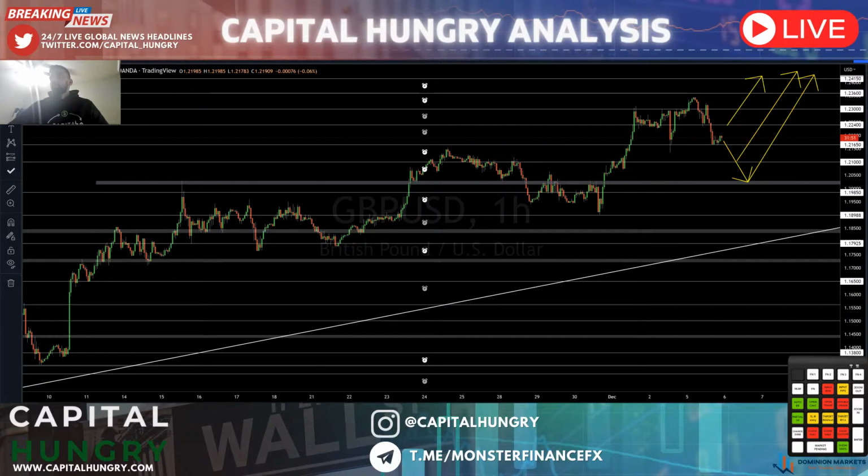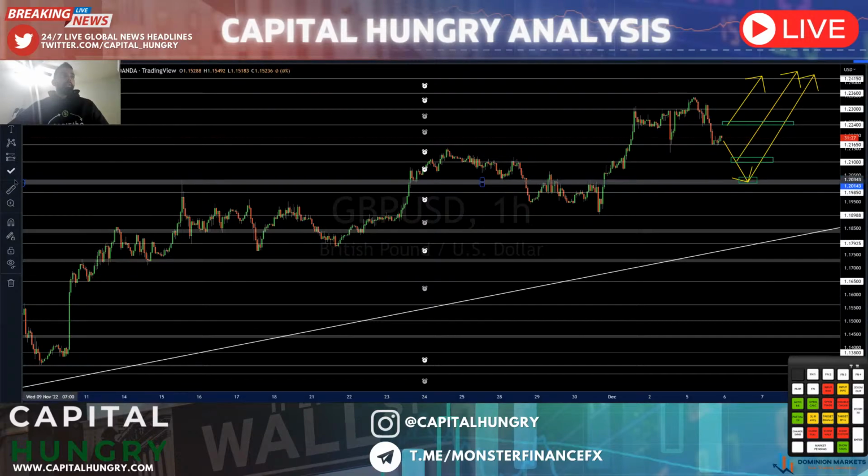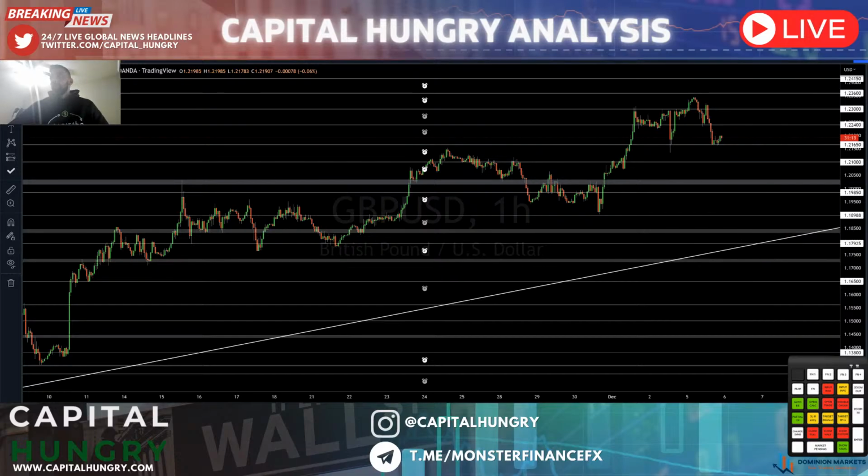Pullbacks to 1.205, holds of the 1.21 previous highs, or just a break back above 1.224, I would still be playing GBPUSD buys as long as there's still demand in UK equities, showing us that investment optimism, as long as the dollar is ranging or relatively softer, and as long as we don't have any fundamental catalysts to bring negativity to the British pound individually. I would need to see breaks well below 1.19 and 1.18 to jump back into sells, with confirms of dollar domination, which we don't have yet.